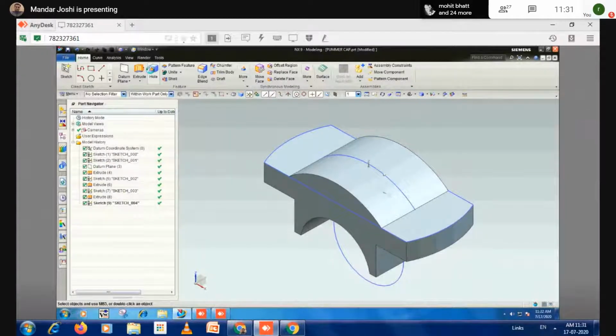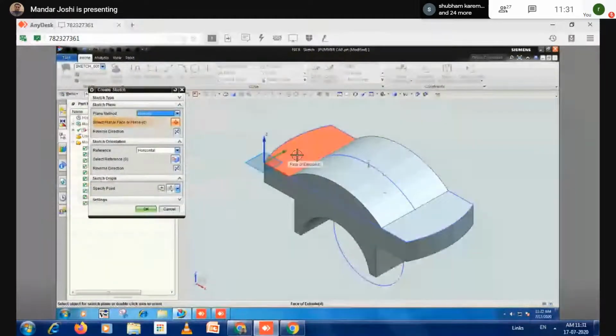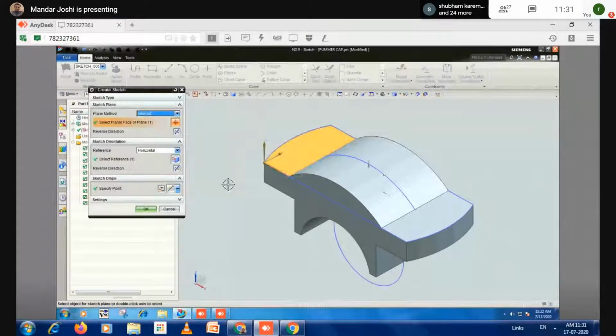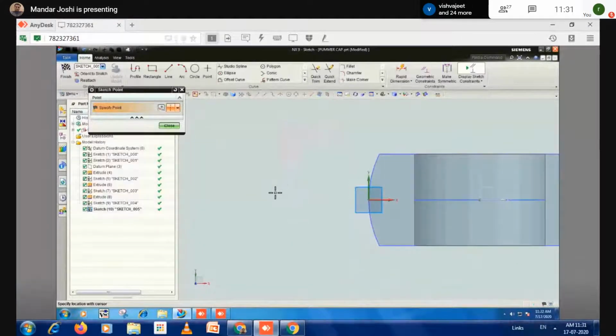Hole, and the steps are common. I select this sketch first. Take this face, and you can take the origin here also. And I click on OK. Now I want to put the point here. Let's click the point here.